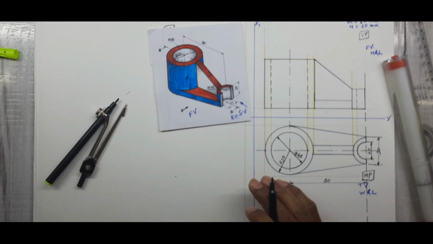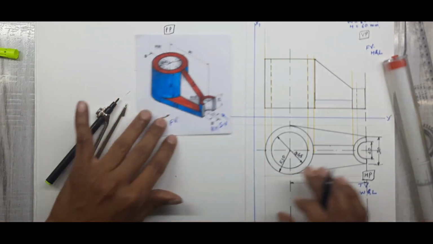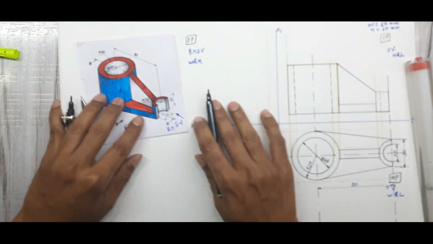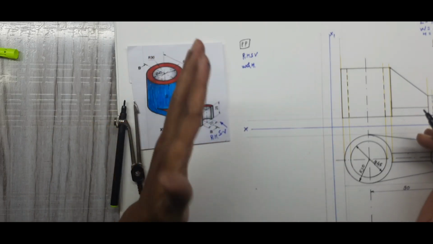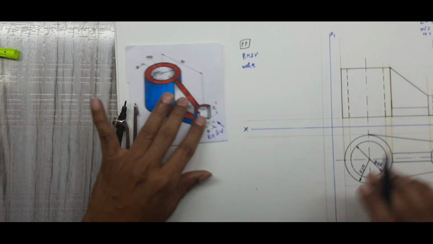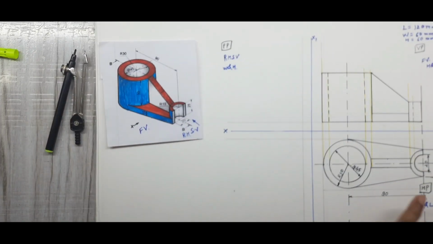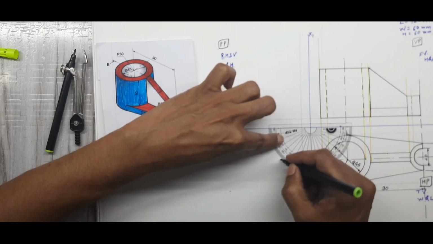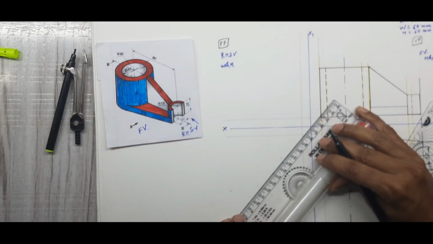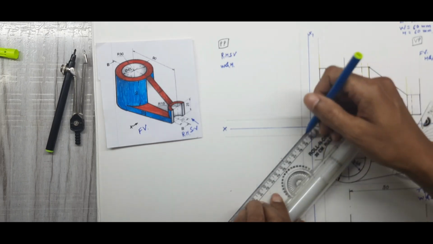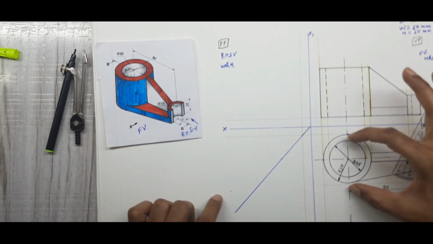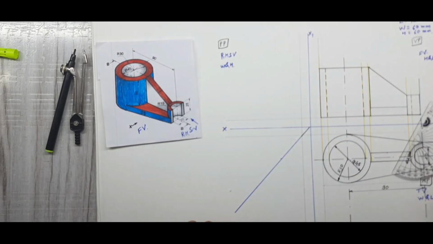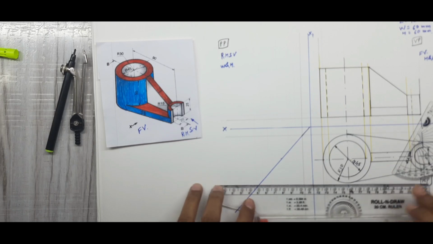After this, students, we know that when you are going for the side view, it is clearly mentioned that it is a right hand side view, meaning you have to draw it on the left hand side. Why? Because we are going for the first angle method of projection. So for that, take a protractor and mark an angle of 45 degrees. Now we'll go one by one. First I'll go for this cylinder. I'll project the lines of the cylinder. Only I'll project this line.